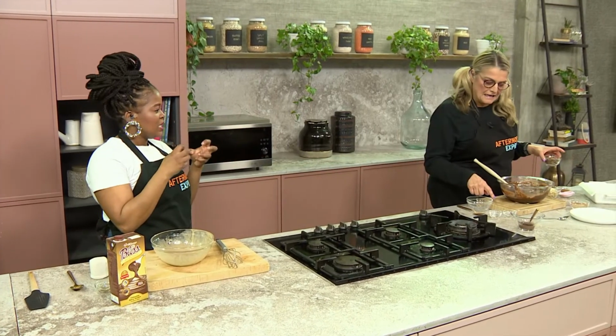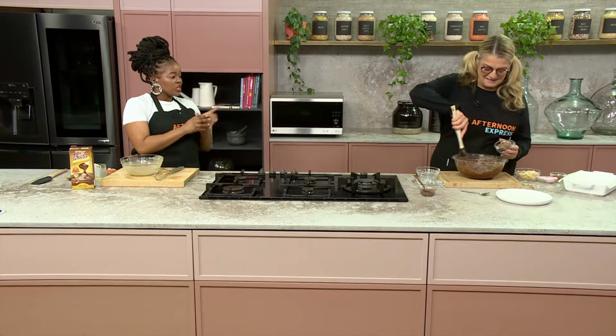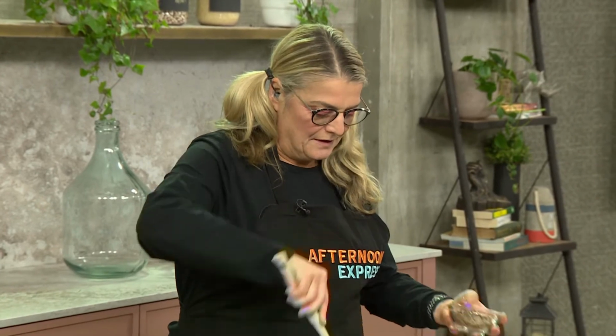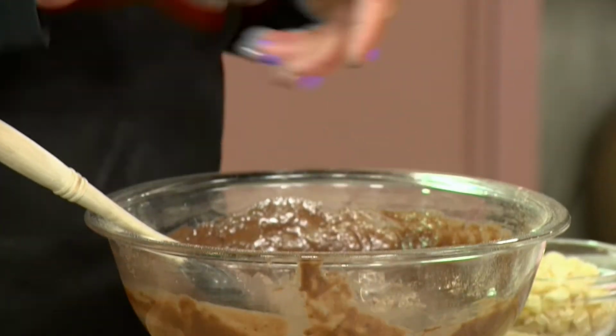We want, so what did I add now? No, don't worry. Okay. So we basically want it nice and stodgy, and that's what you're doing now by adding more texture to it. Okay, so I'm going to add some chocolate chip pieces,